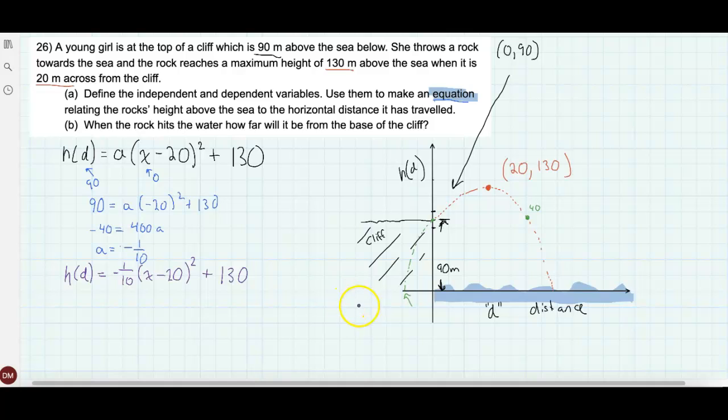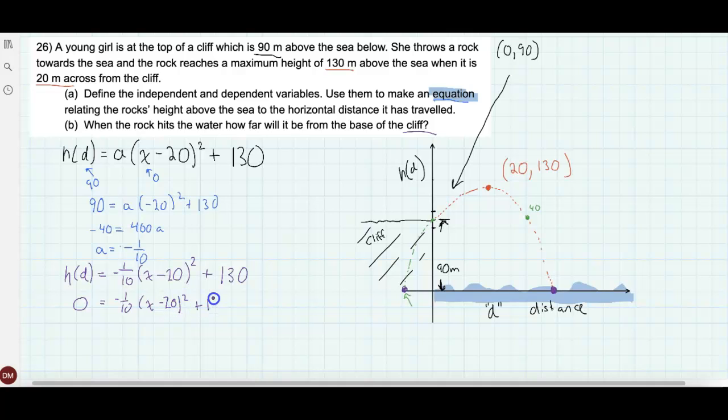Now what we want to find out here is how far it will be from the base of the cliff when it hits the water. That's this point right here, the root. The other root would be here, but that doesn't really exist, so we're going to rule that one out. So it hits the water at a height of 0. So 0 is equal to negative 1/10 times (x minus 20)